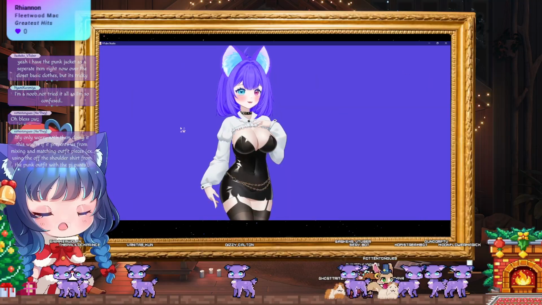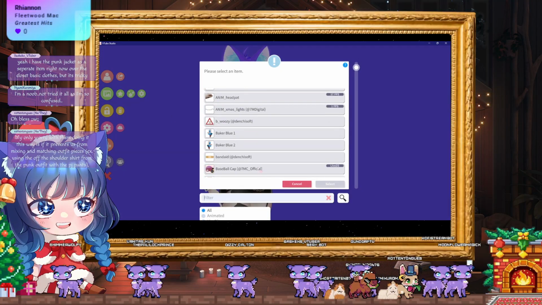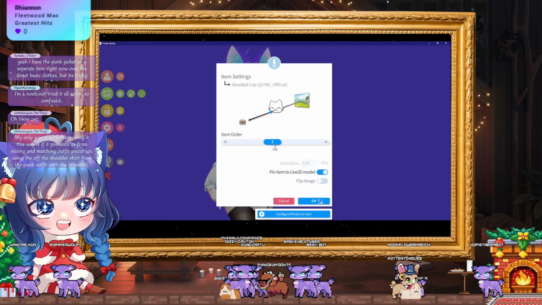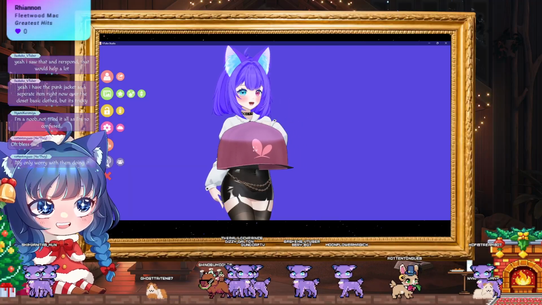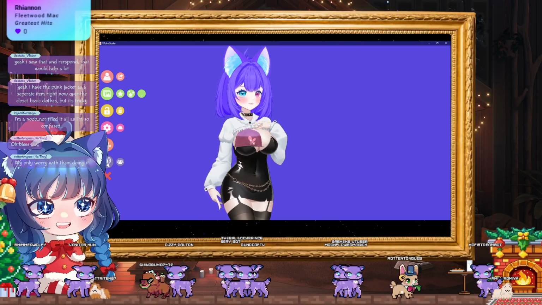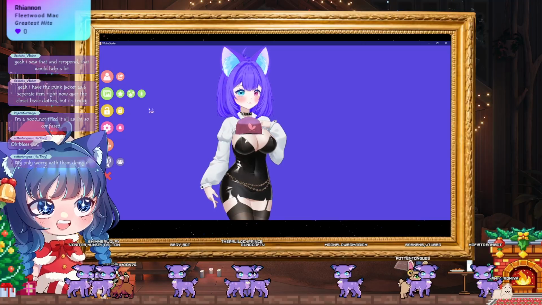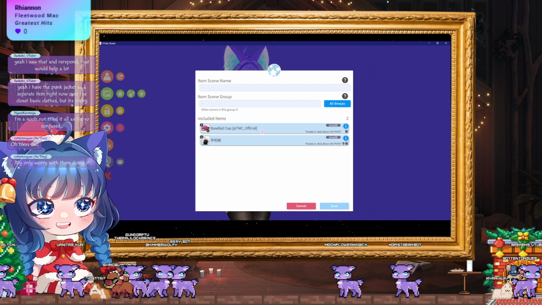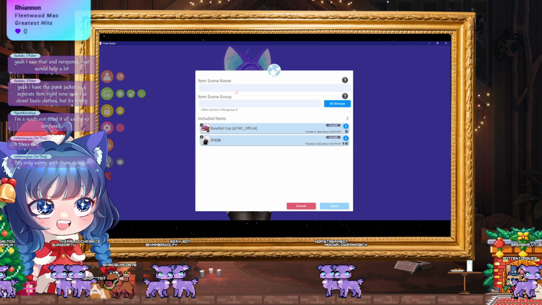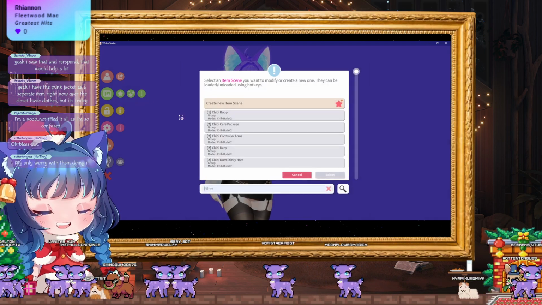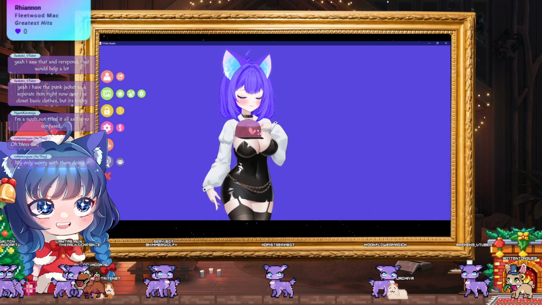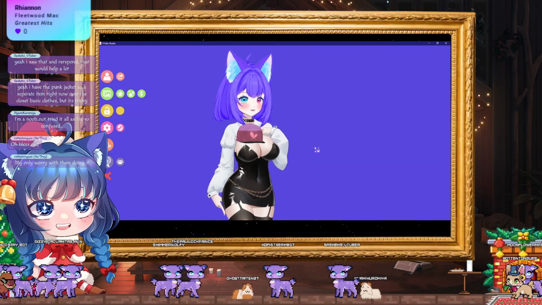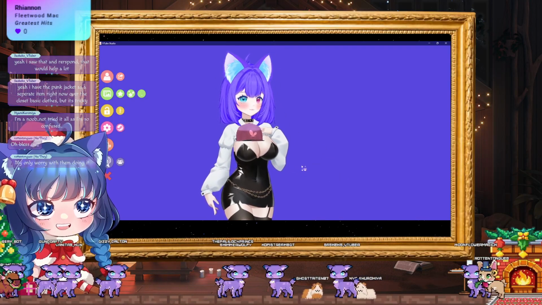And then you'd go in here and, just for funsies, we'll say this baseball cap. It would be the body of the model. You would line it up exactly how you want it to sit, and then you double click and pin it, and create a new scene. You make sure that the model part is there and the other model part is there, and you name it. And then it becomes a scene, just like this one's a scene. So it's a roundabout way that you would be able to do it